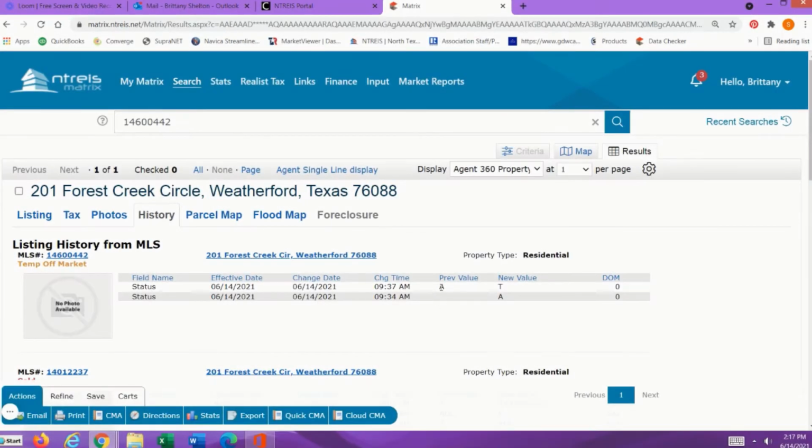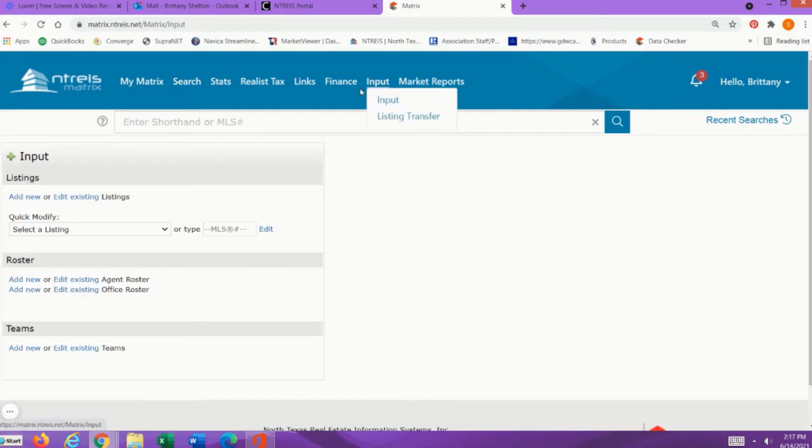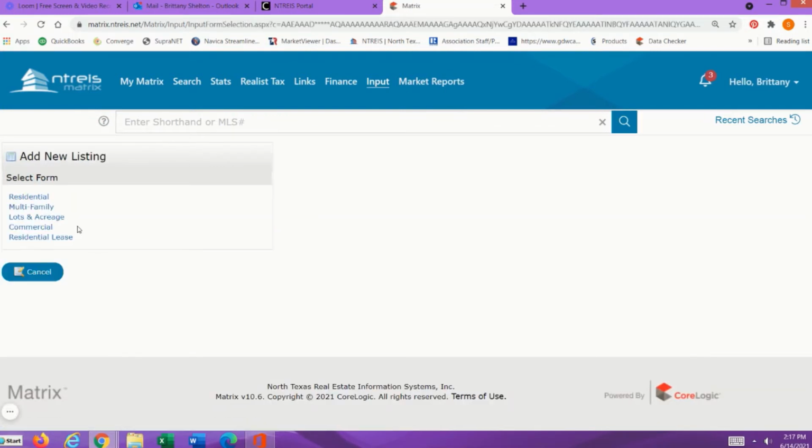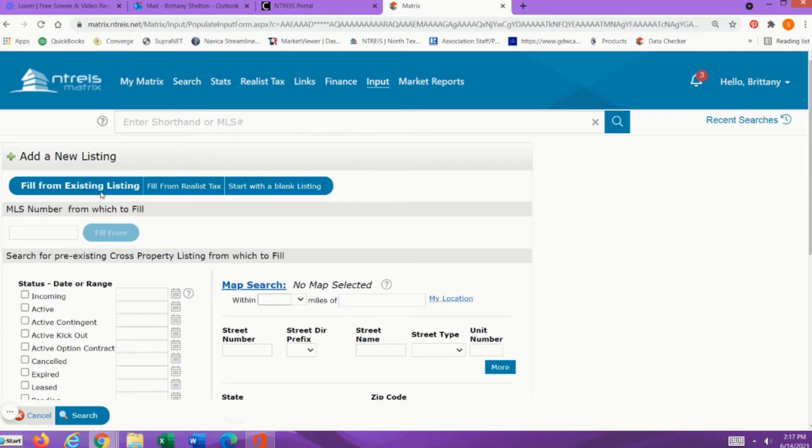Did you submit your listing into active status instead of incoming status? Well, let me show you the best way to correct this if you needed to stay in incoming a little bit longer. You would have to go back into the input screen, add new, select current property type, and use the field from existing listing, because at this point you cannot place your active listing,